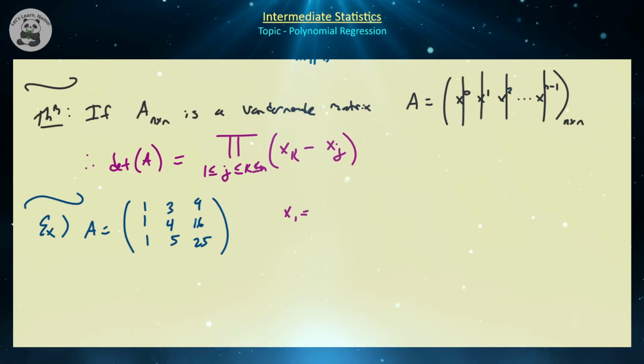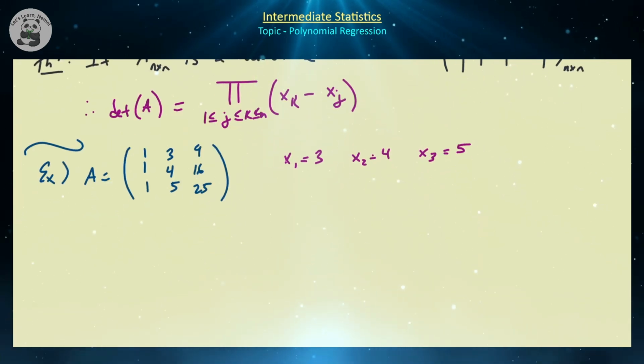Obviously, our values are going to be x1 is equal to 3, x2 is equal to 4, and x3 is equal to 5. So, via this relationship for the determinant of this Vandermonde matrix, you could either just find this via the classical expansion by submatrices. That would work perfectly fine. It's a small matrix. It shouldn't be too difficult. But this is going to be equal to,